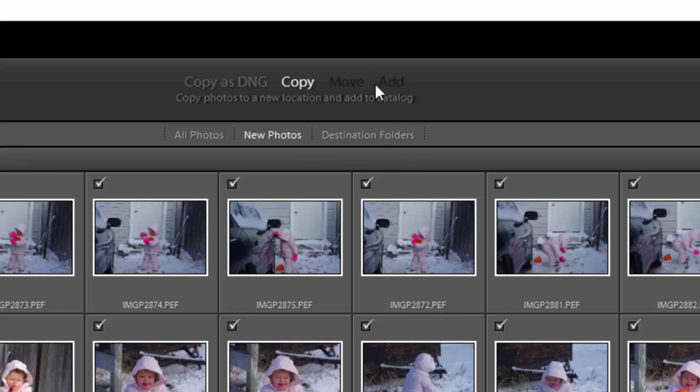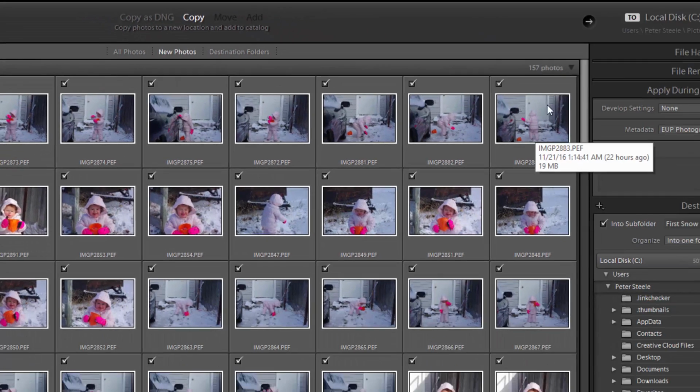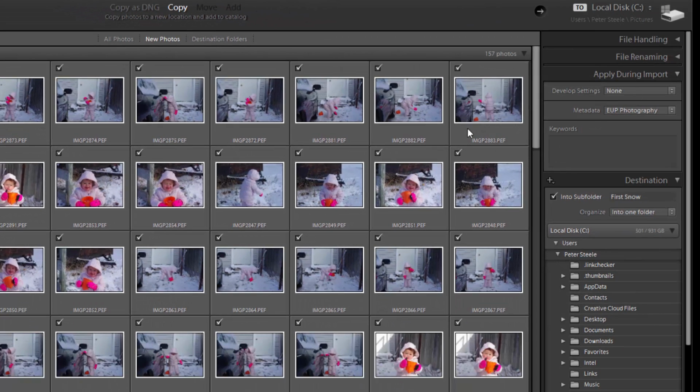So add is much faster than copy, but you're killing two birds with one stone with copy because you are exporting them off of your card or your drive and then putting them in the folder that you want and adding them to the catalog all at the same time. It just makes your workflow a little bit simpler. Now, in this instance here, I've already got all these images imported, so I'm not going to actually import them,